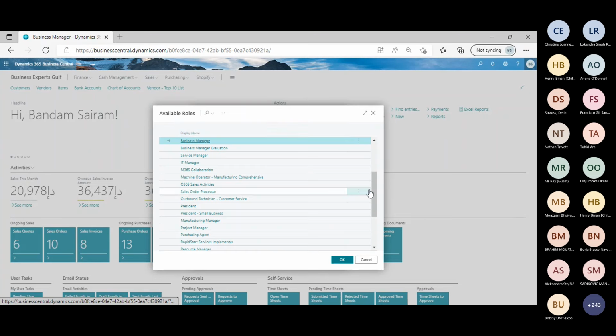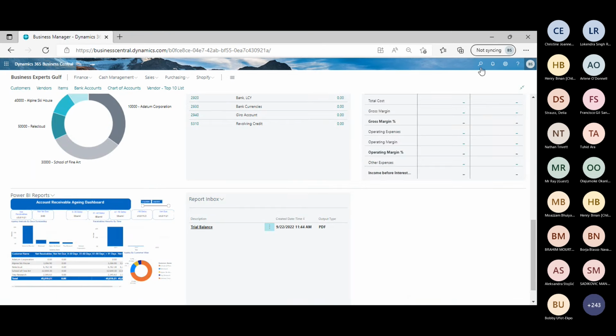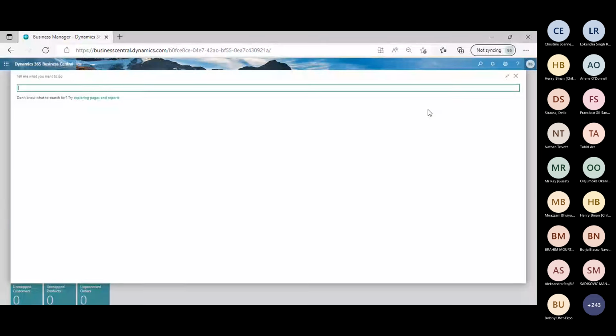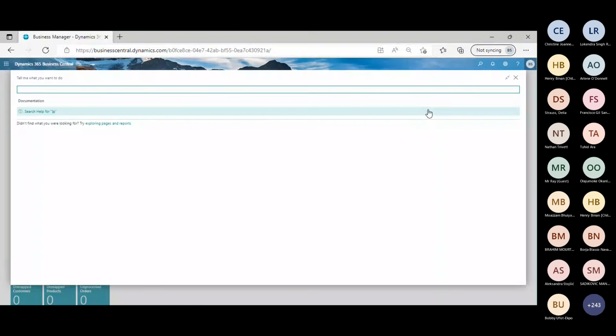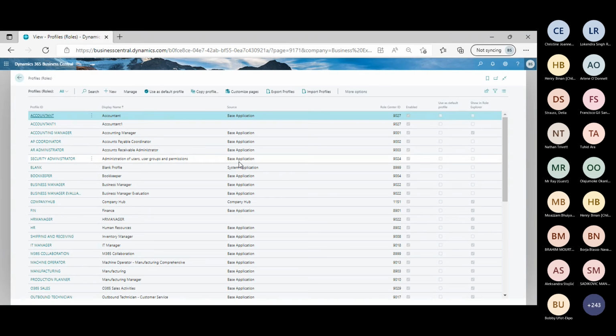There are multiple roles available inside the system. We can activate multiple roles based on the profiles activated by the admin user, and to activate these roles, we have to go inside Profiles. We can search for Profiles as an initial step. Profiles are of roles. There are certain types of pages available on the technical side, the enhanced role centers, which will be specifying